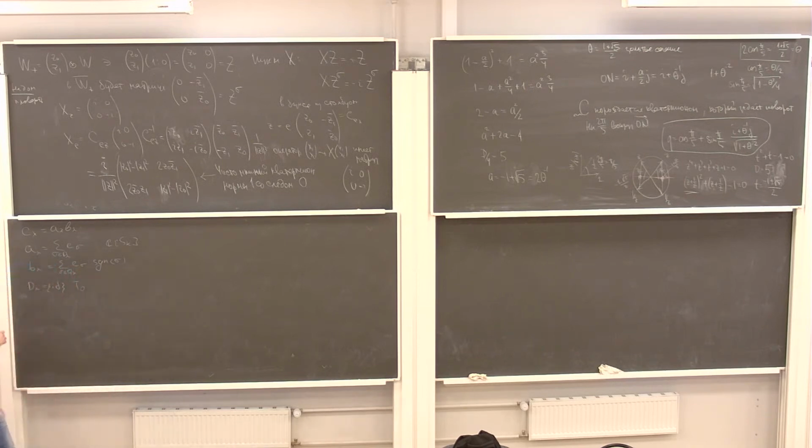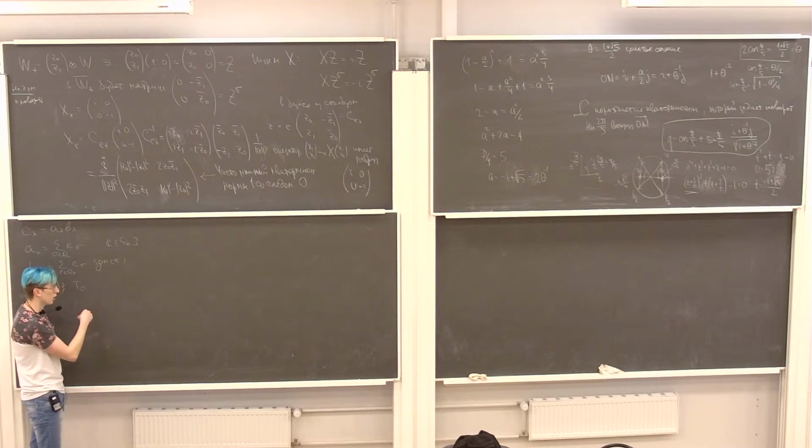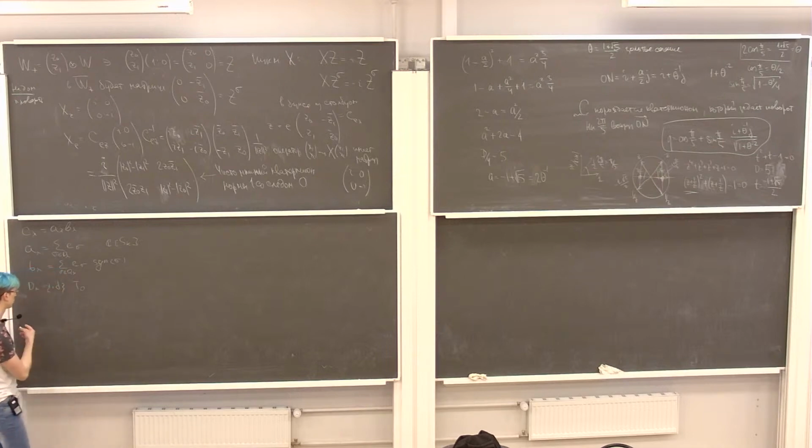So the question is, what is D lambda? No, it's Q lambda. Q lambda is permutations that permute elements in columns. D lambda is permutations that permute elements in each row. And since each row of T0 consists of the same elements, D lambda is identity. I suppose D lambda is such permutations that permute in a row. Is it true? No. D lambda is a subgroup